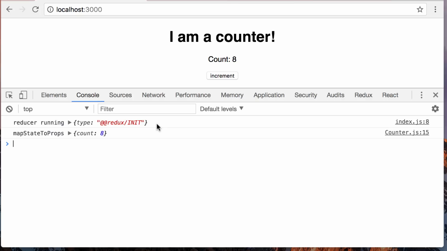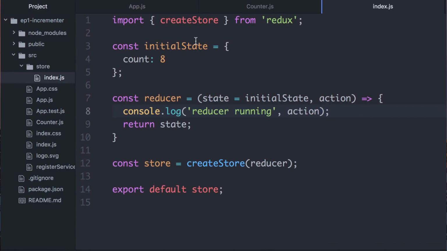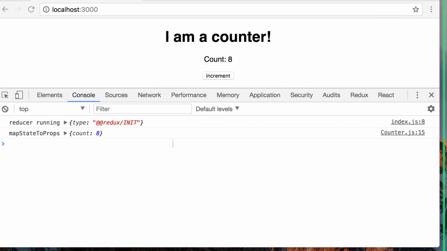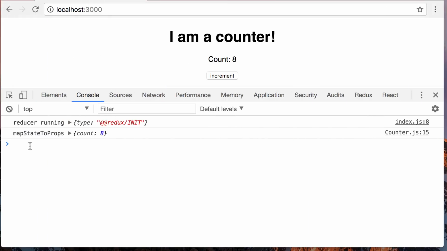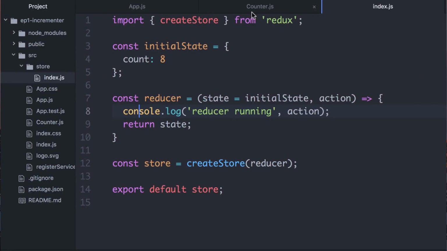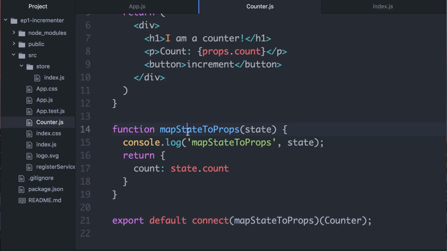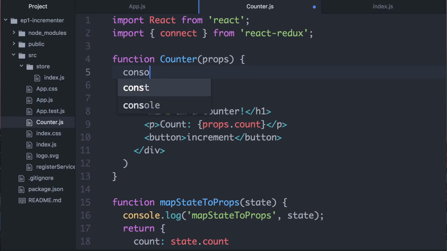And this will happen once here when the store is first created. And so when that happens, that then will basically create this initial state. Notice this next console log here. This is mapStateToProps. And so where does that come from? Well, that's from our mapStateToProps function, where the state was passed in, and we map state.count to count here. This being what we're using right here. So if we console log,